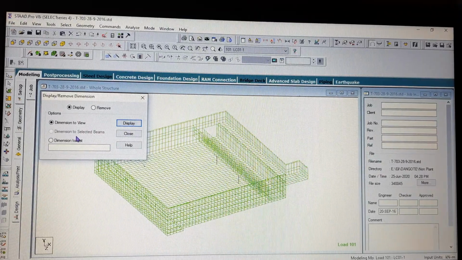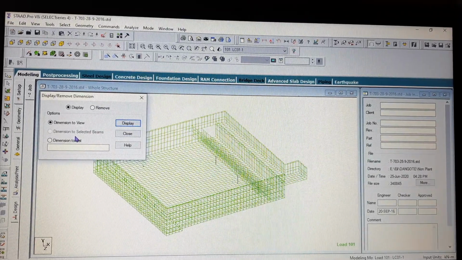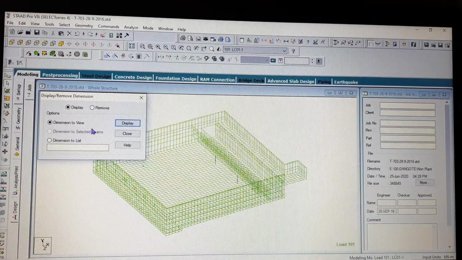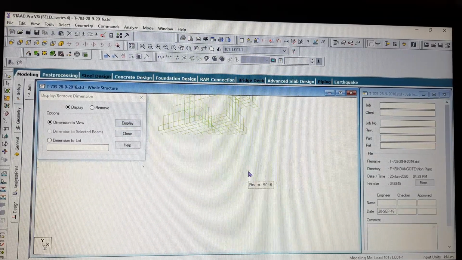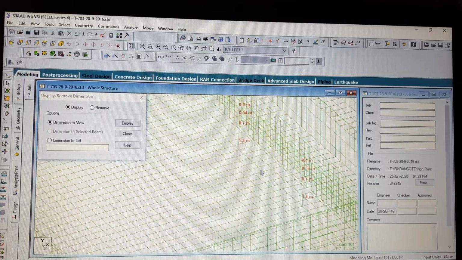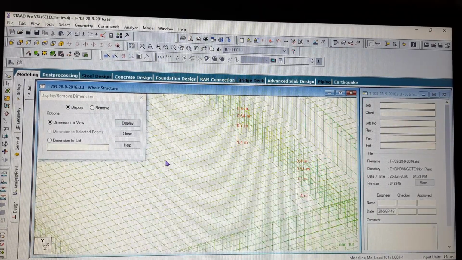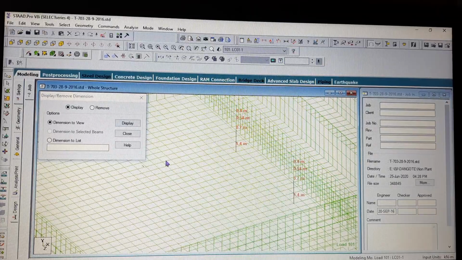So whatever line elements you have in your structure, it will show the dimension for that. If I click display here, then it will show the dimension for these column members. If you go and see, they are showing the end-to-end dimension for these column members. So this is a functionality through which you can see the dimension of your members.